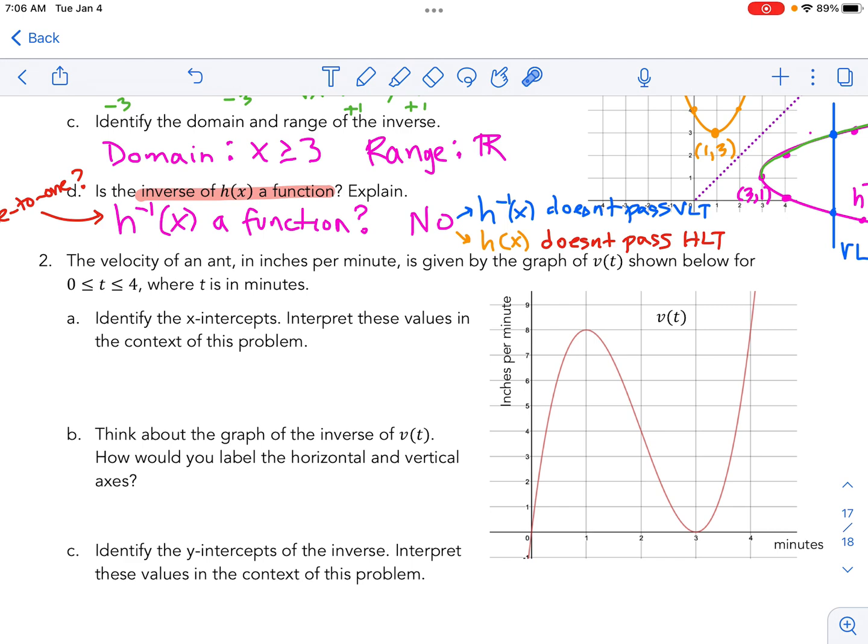So we have this velocity of an ant, the velocity is measured in inches per minute. It's given by the graph of v of t, shown below, for the first 4 seconds. So again, we're going to look at a definite beginning and a definite end, even though it's drawn beyond those 2 locations. So we are literally looking at just this portion